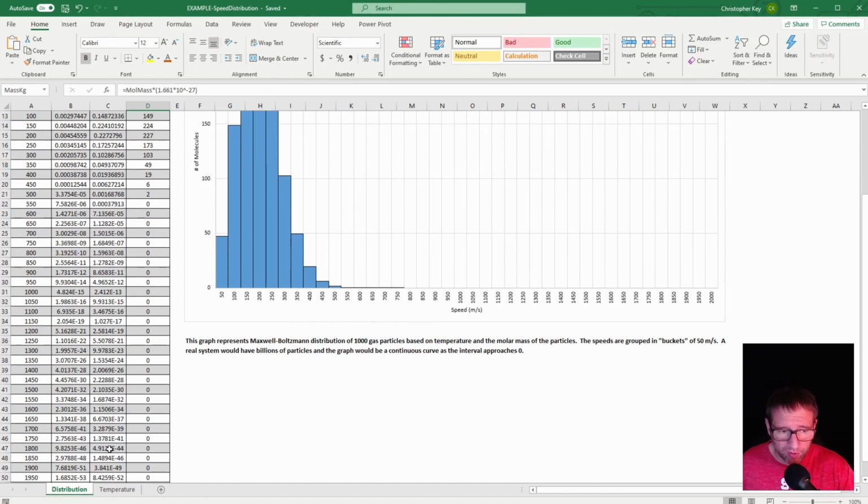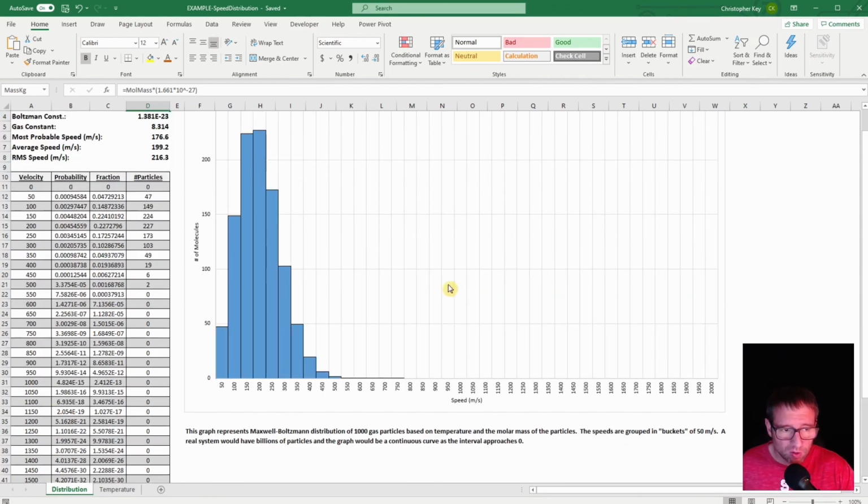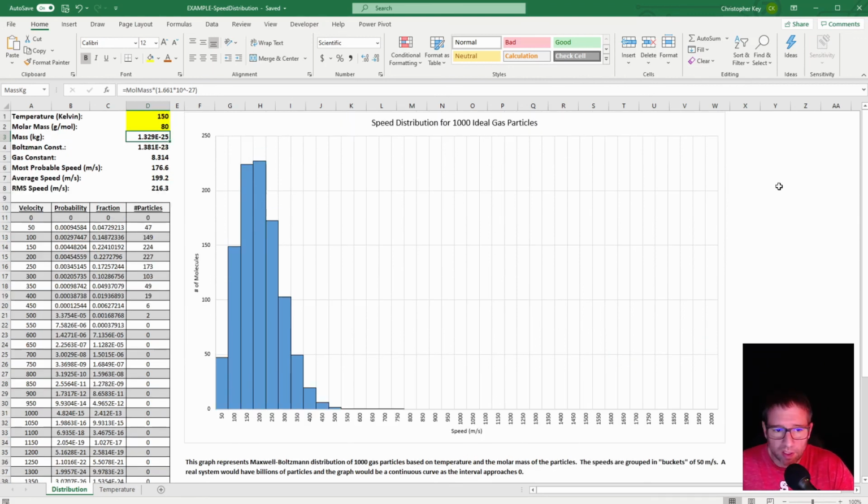moving that fast. However, a mole of gas is going to have 6.02 times 10 to the 23rd particles in it. So there's always a chance that you can have particles that are moving at these higher speeds when you get these really big systems with a really large number of particles in them. However, with only 1,000 particles, it's very, very unlikely that you're going to see much past what you're seeing on this graph.